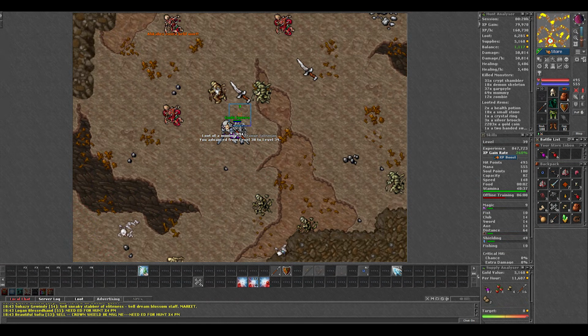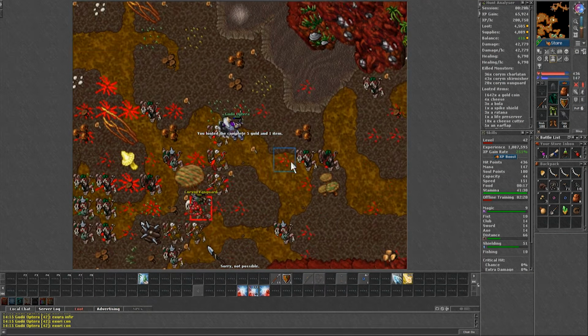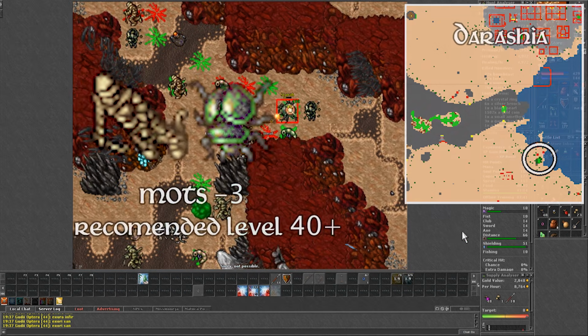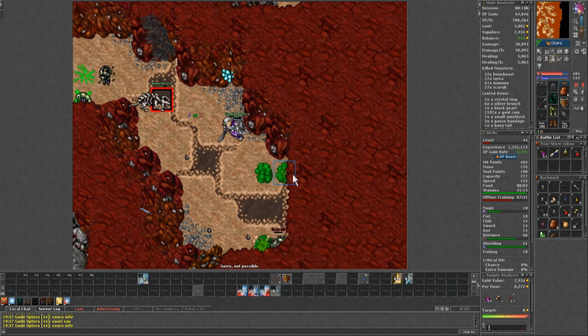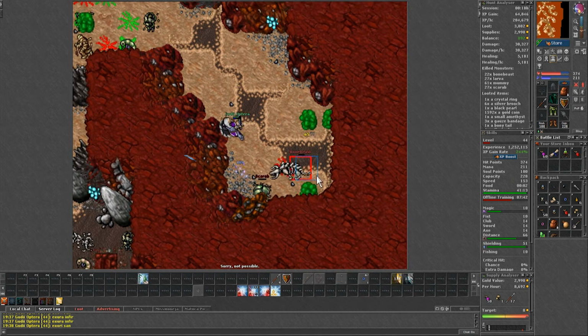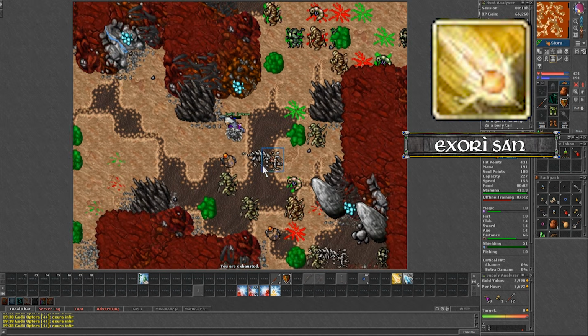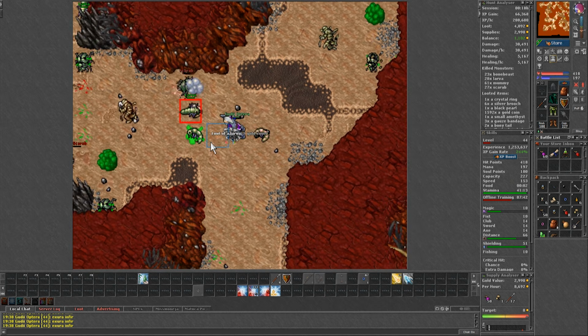At level 40 I did a bit of Corims in Port Hope, which are always a solid choice but more likely to meet people there. And then I found my favorite spawn, which is the 3rd floor of the Mother of Scarabs cave. In here you will find mummies, scarabs and bombies. All of them drop a good amount of gold, so it's profitable, and it's a great place to get the most out of your holy missile. Since it ended up being very good, I stayed here until level 50, and that is it for the spawns